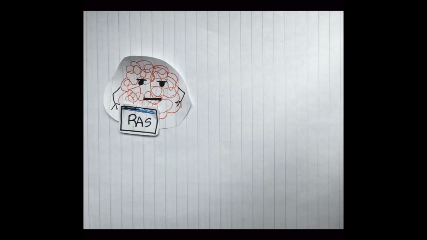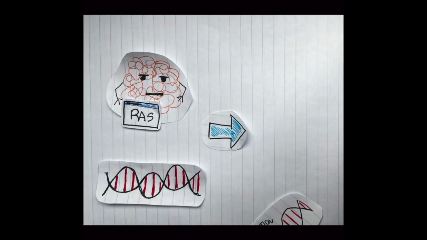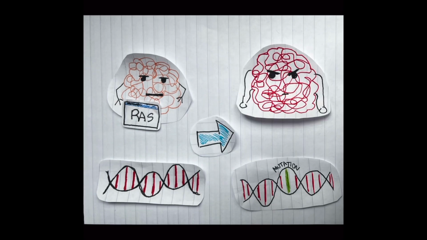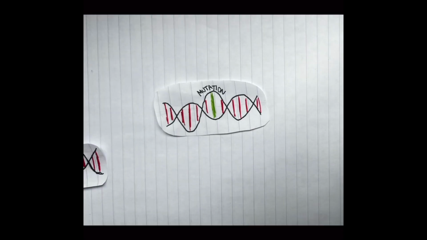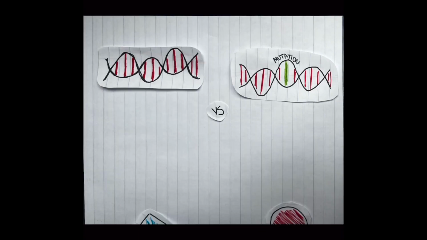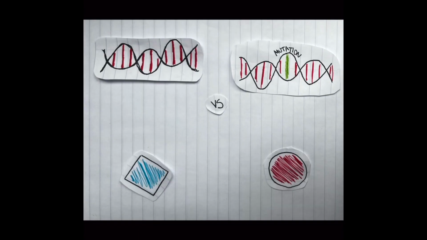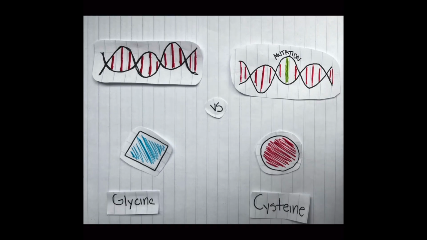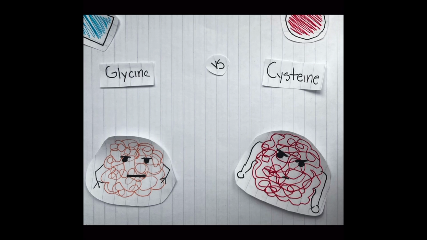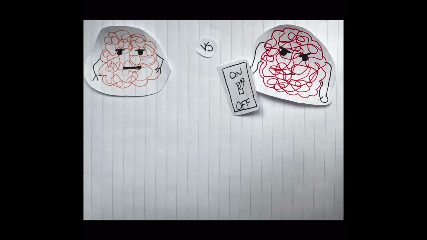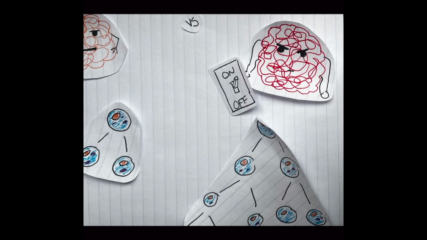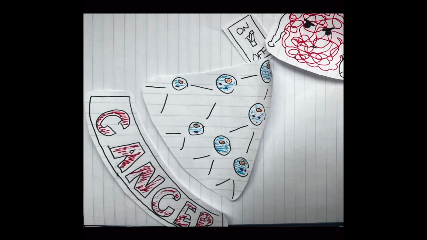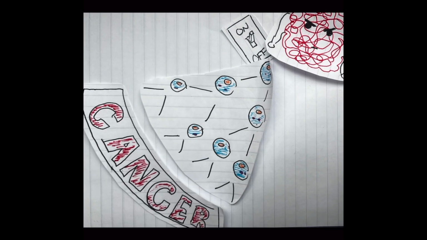Regarding the Ras protein, there is a mutation in the DNA. This in turn creates a different functioning protein. A different amino acid is added instead of the intended one. In the non-mutated version of Ras, the amino acid glycine is the 11th amino acid added. However, in the mutated version, glycine is replaced with cysteine. The swap of amino acids changes the shape of the protein. The change in shape is due to the different properties the two amino acids have. Because the mutation favors the active state, cancer will be caused.